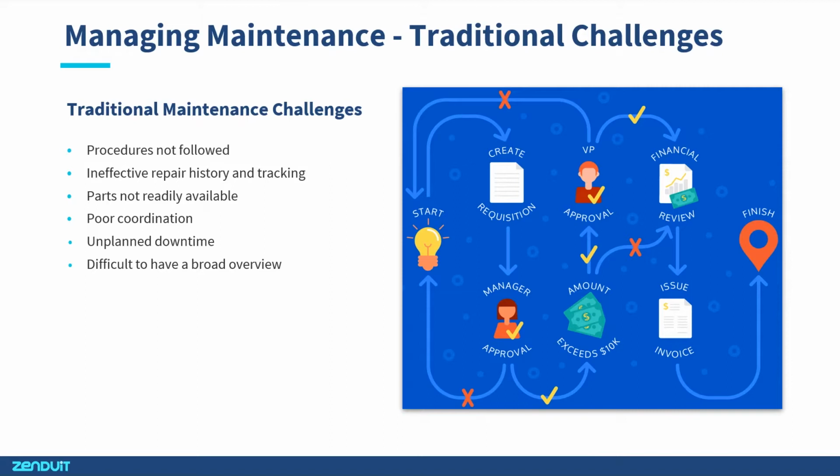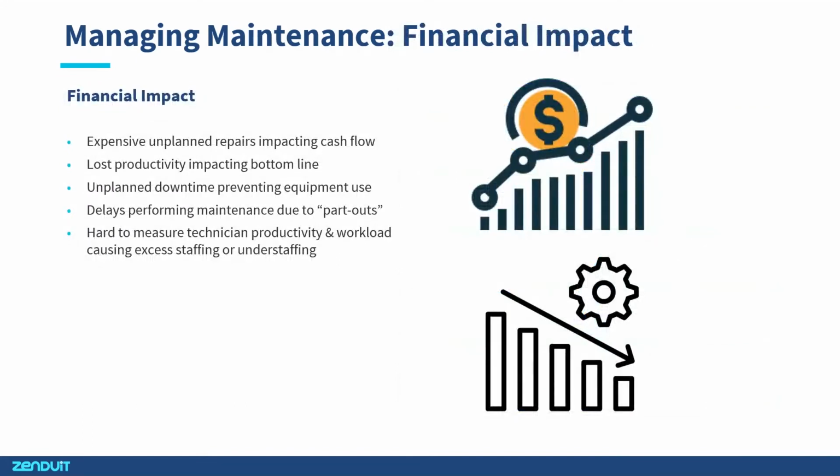And then, as I've touched on in a few of the other points, it can be very difficult to have a very broad overview of the maintenance program because we could be tracking the maintenance program by paper, in spreadsheets, and we don't necessarily know when things are due, whether it's been done without sifting through a lot of paper. So this brings us into the financial impact that all these things have. The financial impact can be pretty big on an organization because we can have expensive unplanned repairs that impact cash